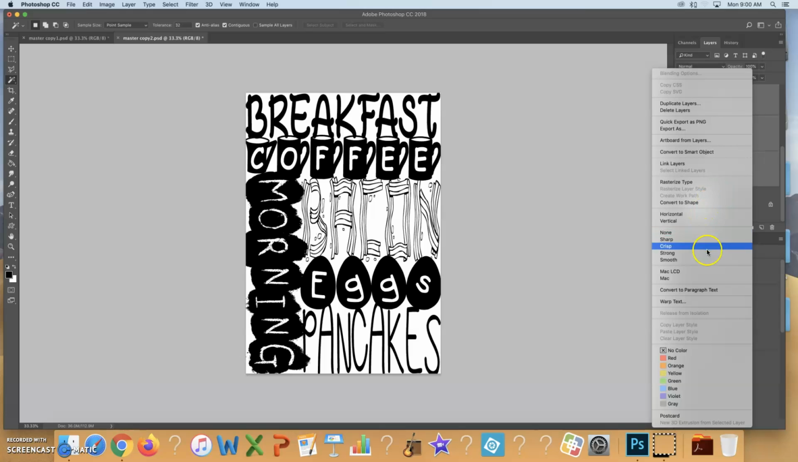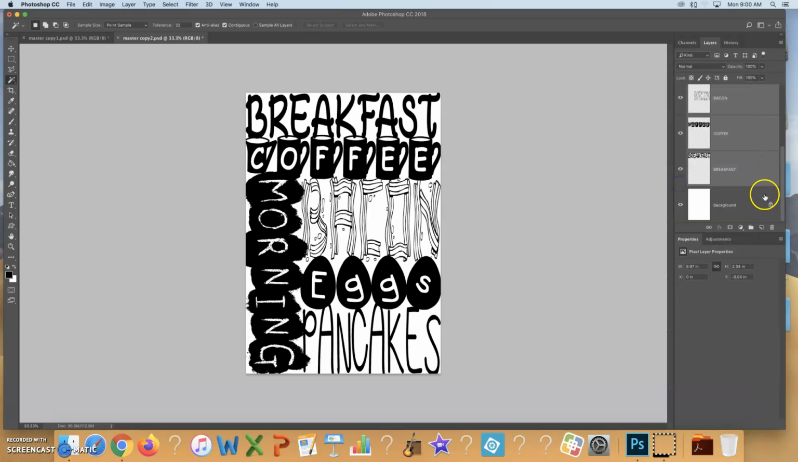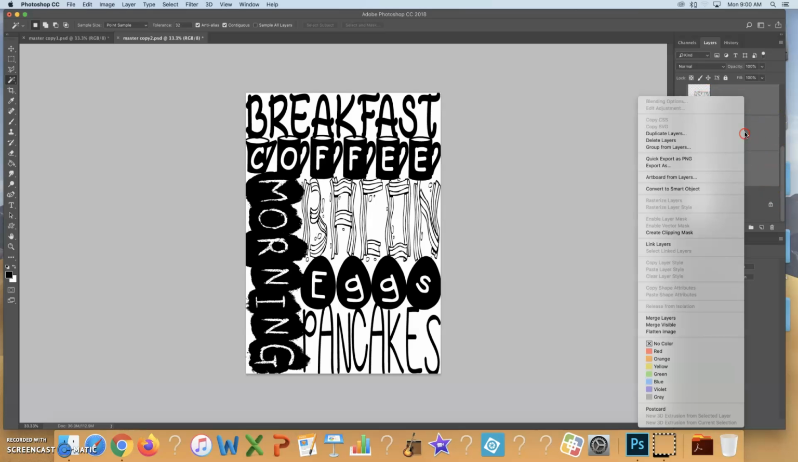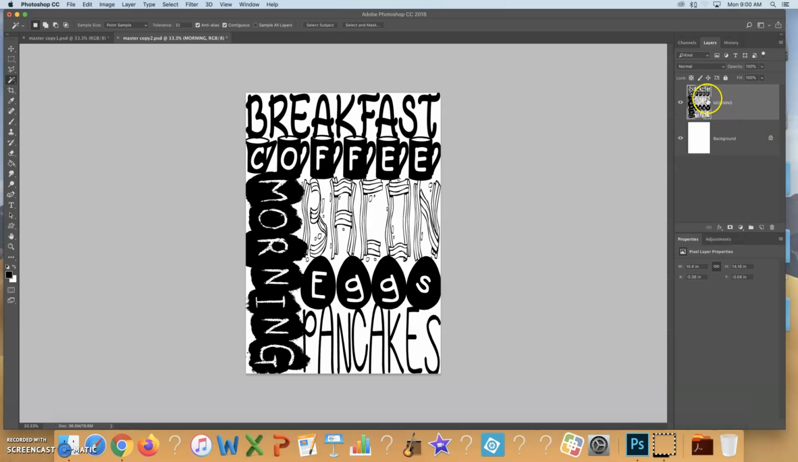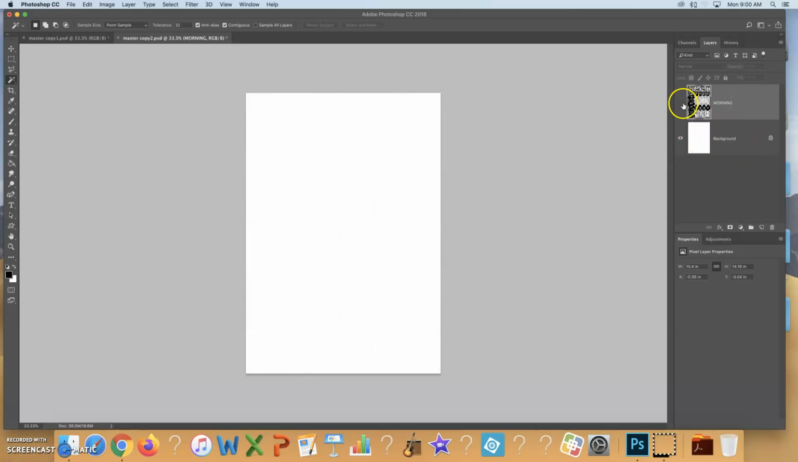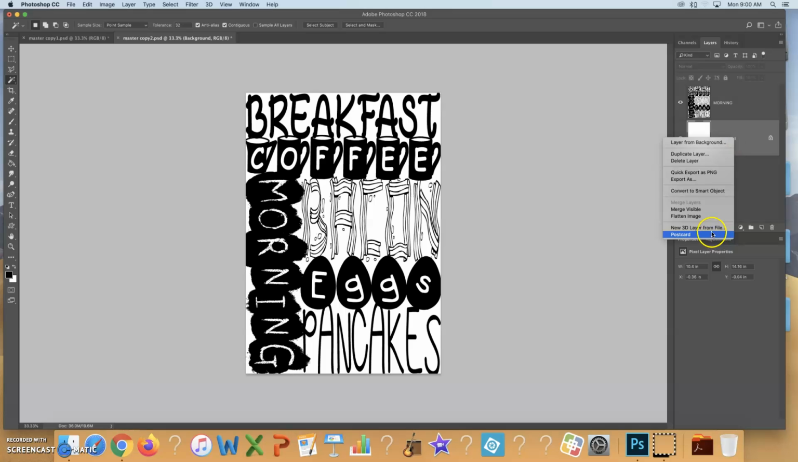Now you want to merge these layers, but you can't merge them yet. You first have to rasterize. And rasterizing them just makes them into plain layers, and then you'll be able to merge layers. So you're going to end up with a layer that just has your letters, and then you're going to have a layer that just has the white. Now let's say that you have